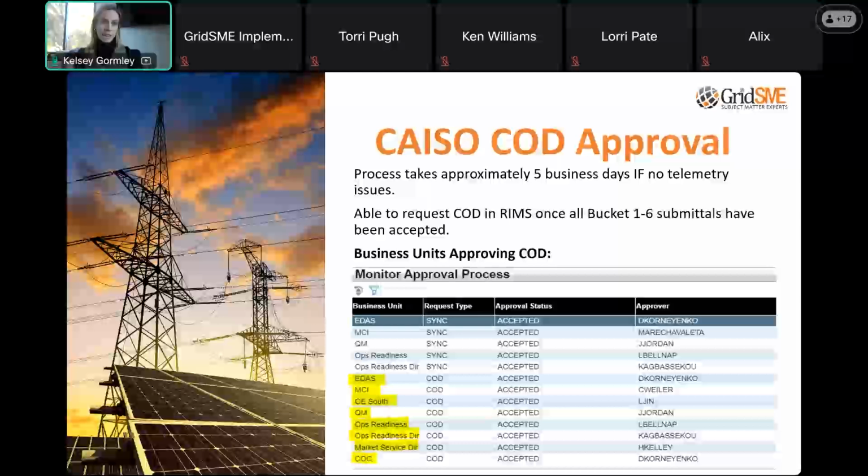So that's 7 documents that CAISO's EDAS team is going to re-review at the COD approval process stage of our project, confirm that everything is consistent from way back in bucket 1, which we may have submitted 10 months beforehand. They'll re-review all that documentation, and then they will issue a certificate of compliance PDF that gets emailed to the resource team that's listed on the project. So that will be an actual document that they send out that says that yes, your site has a CAISO certified metering scheme in place.